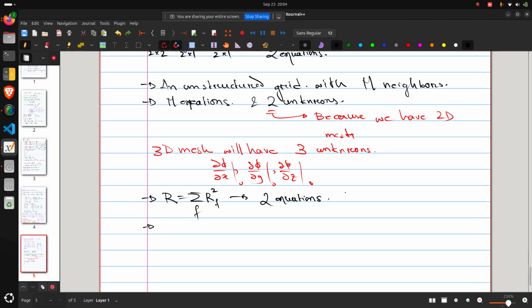Now we had to formulate this as a system of linear equations problem. So what we did is that we represented it in matrix form, and by using the relation that at the minimum of r we have the gradient,